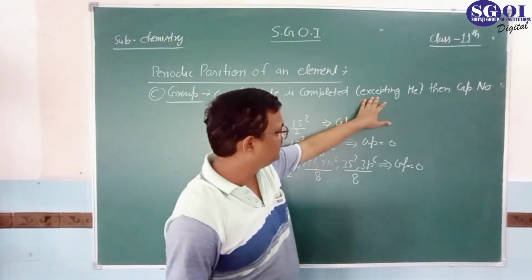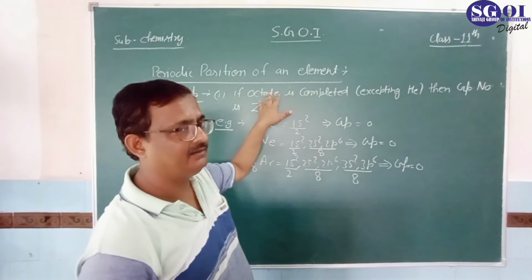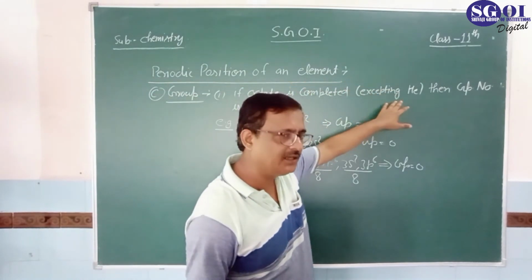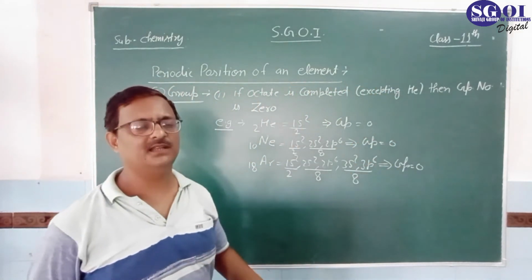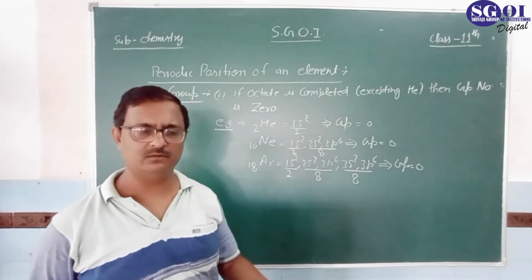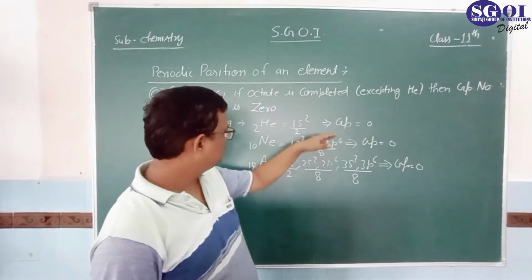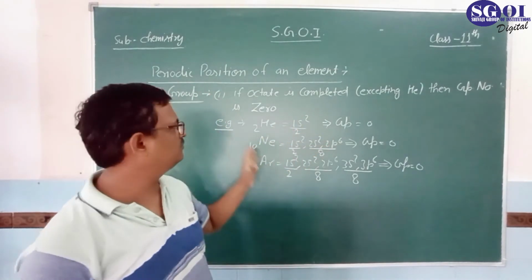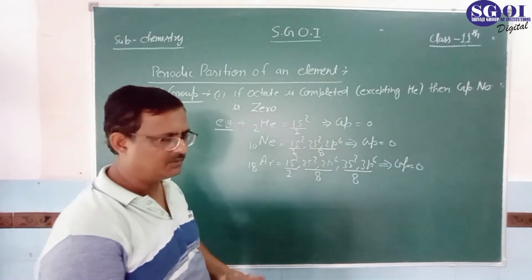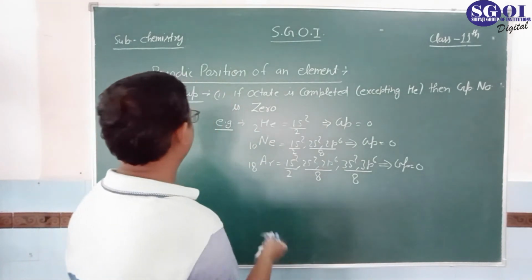Here we write octet, but helium follows the duplet rule, because the first shell is the last shell, which contains a maximum of 2 electrons. Okay, so by this method, as the first rule, you have to calculate the group number of such type of elements. Now the second rule,